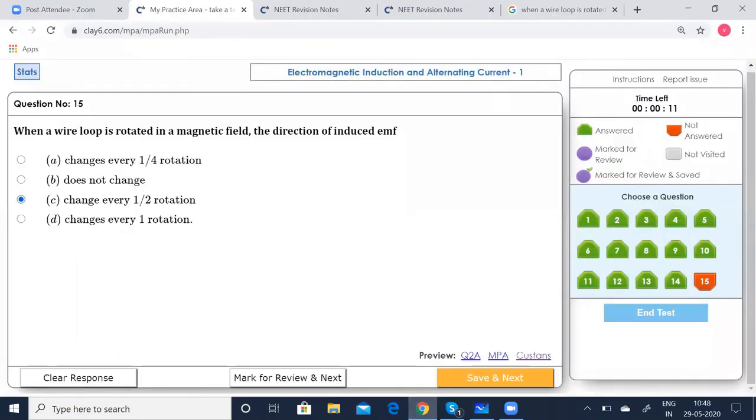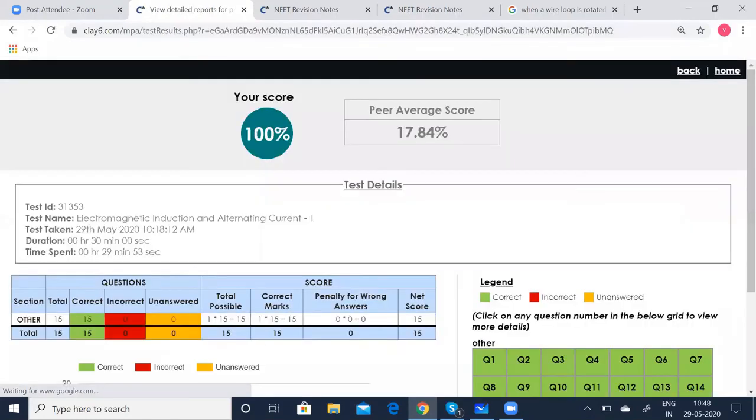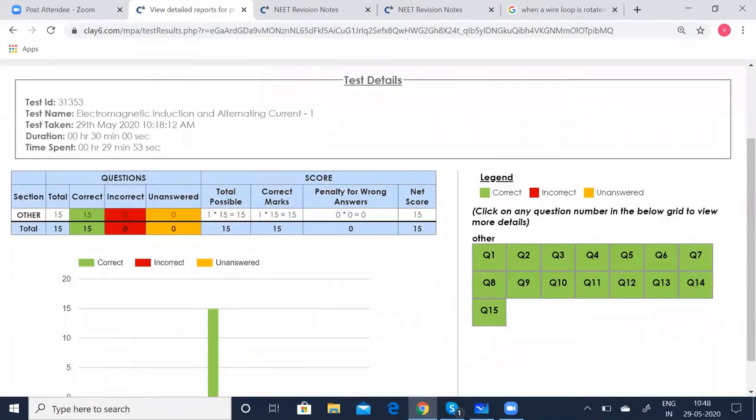So we have completed the test. Save that. You can end the test. Let's see the results. Yeah, all our answers were right. If all your answers are right, that is shown by green color. Had it been incorrect, it would have been shown by red color. If you had forgotten to save the answer, it would be indicated as an unanswered question, colored yellow.